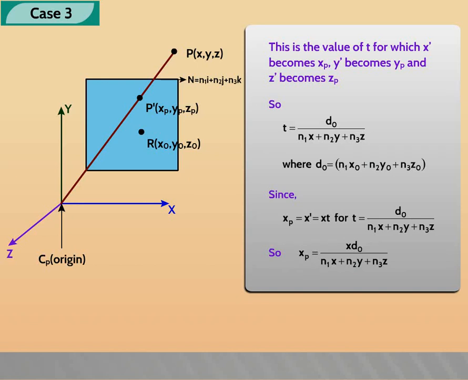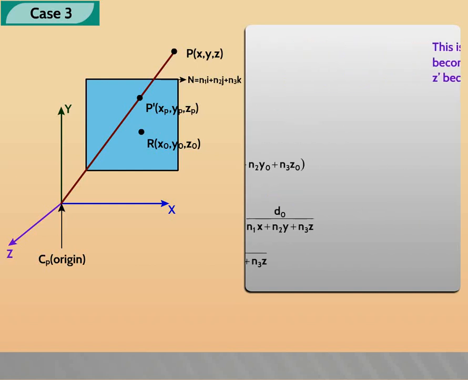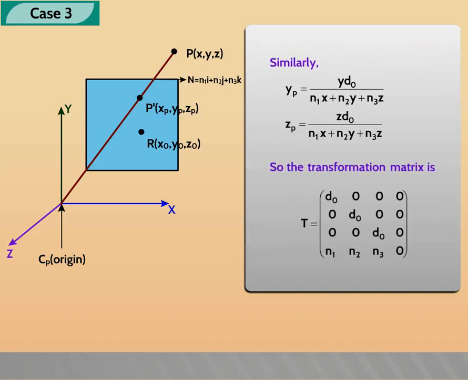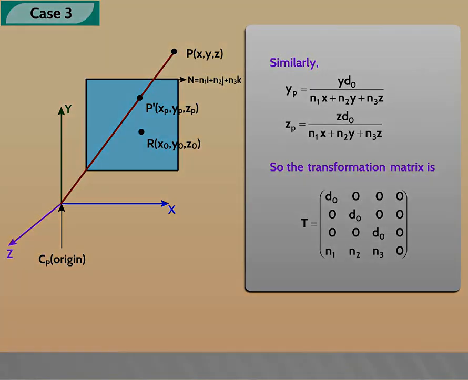Since xp is equal to x dash is equal to xt, for t is equal to d naught by (n1x plus n2y plus n3z), xp is equal to x d naught by (n1x plus n2y plus n3z). Similarly, yp is equal to y d naught by (n1x plus n2y plus n3z). Zp is equal to z d naught by (n1x plus n2y plus n3z). So the transformation matrix is